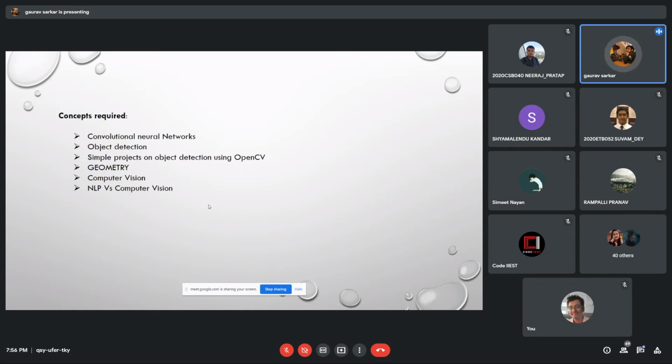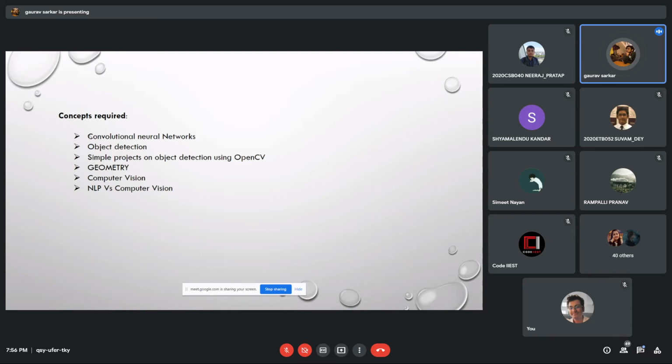In the same way, in projects like this, you have to first understand what is important. In case of convolutional neural networks, you have to first learn what the concept is, and make a few basic projects. There are a lot of basic projects available on the net. I can share you the resources. Right now, I don't have the resources with me. By tonight, I can share all the resources of the simple projects. You are asking to make simple projects. I can share the links to the simple ones.